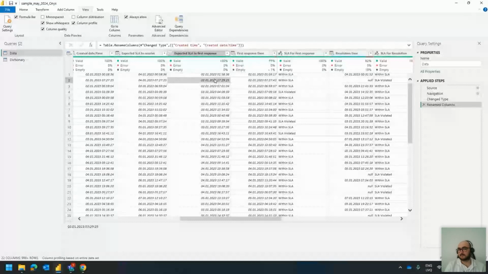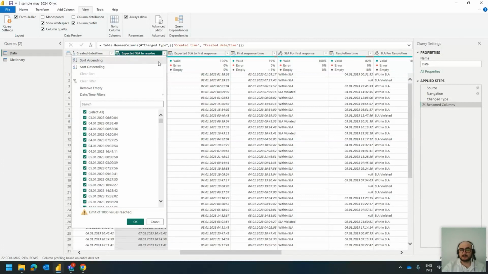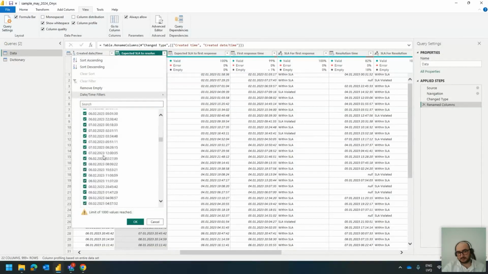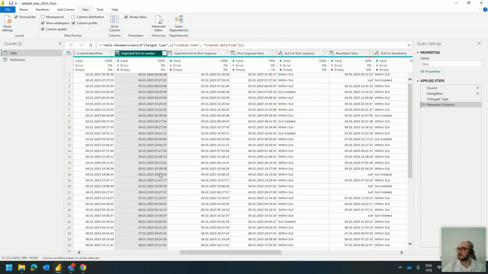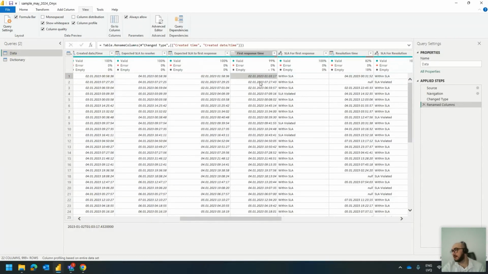If this date is smaller than this, then it's within the SLA. If it exceeds, or if it's missing, because if there is no first response, it also means that we're violating the SLA. The reason why I'm saying this is because if you look at the data, all the data is regarding 2023, right? So everything has already happened in the past. Nothing's going to happen more to it. It's a snapshot of an archive, basically. So if there is no first response, even if they respond right now, which is 2024, May 9th, they're probably violating the SLA. So if we have a value missing here, or if it's larger than the expected SLA,